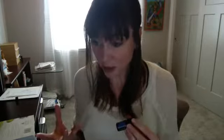This oil can be diluted down and rubbed on the area of concern. So say you did just get a huge workout in and you've got really sore feet, just take a couple drops of Deep Blue with your fractionated coconut oil and give yourself a foot massage, or have your spouse give you a foot massage. It is incredibly soothing. I've had foot cramps before in the middle of the night. I don't know if you guys get those, like Charlie horses in the middle of the night. And I have just applied one drop of Deep Blue to the bottoms of my feet, and instantaneously my foot cramps go away. It is incredible how powerful this little bottle of oil is,